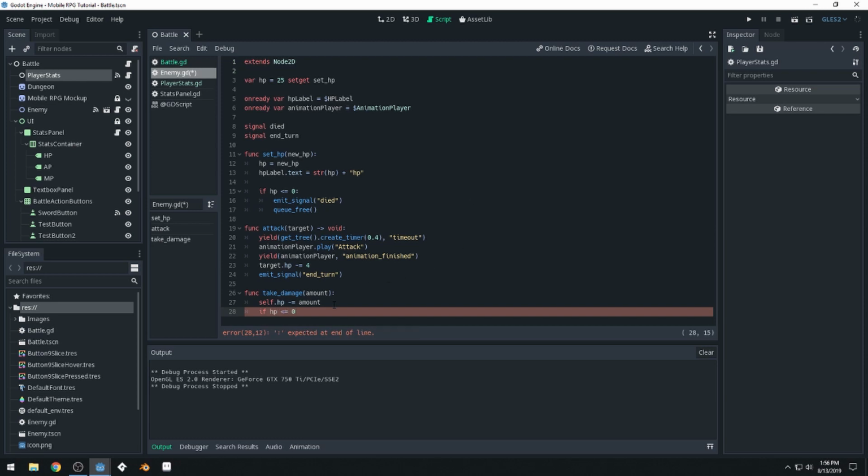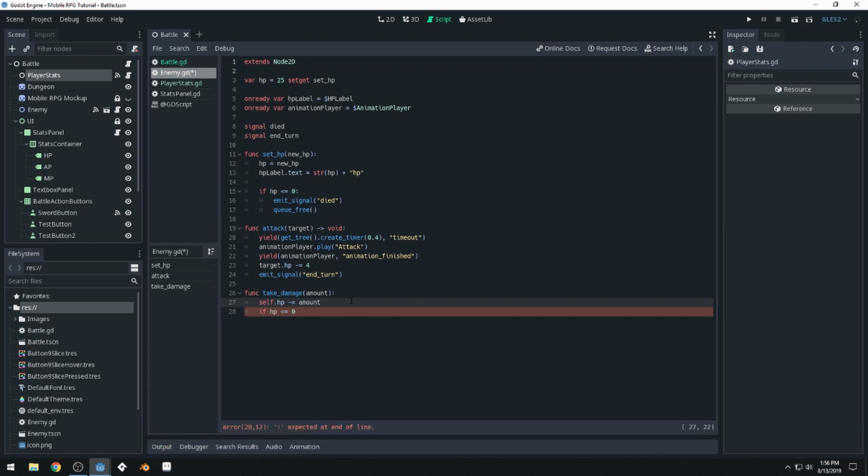One of the things you can do in Godot that I actually highly recommend is turning a lot of stuff into a function. So for this, we could actually make a function called isDead, and this function will return true if we're dead and false if we're not dead. And so we can just say return HP is less than or equal to 0. Because if this is true, then we're dead. And if our HP is greater than 0, then we're not dead. So then we can say if isDead